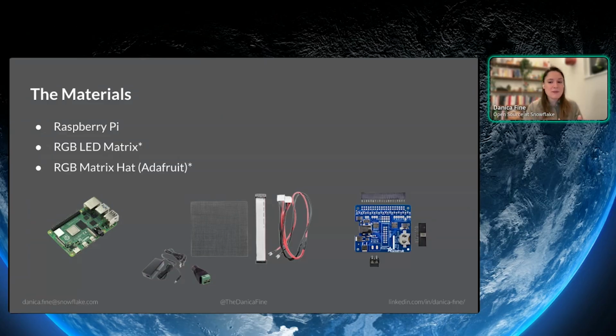Because when you think about it, this matrix is a lot of components. It's 64 by 64 pixels. So that matrix hat is going to help us actually interface with those individual components. It's going to provide a better interface for us to actually update them. And it's also going to provide additional power to that matrix. So it's pretty important to have, especially for the size of